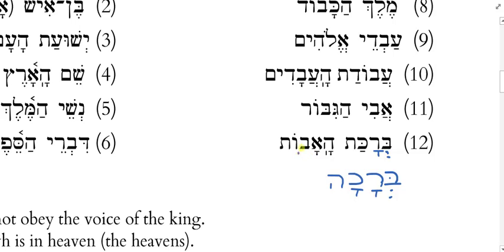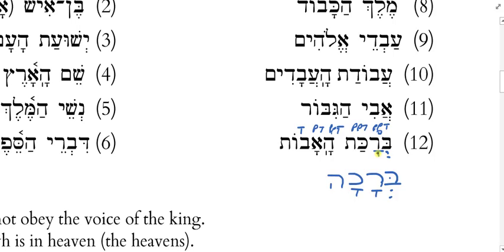So ha'avot, the accent is way over here. So this is the tonic syllable. Pre-tonic, and everything else is propertonic. And when we have a construct chain, we treat this as one long word. So that's propertonic, and open.